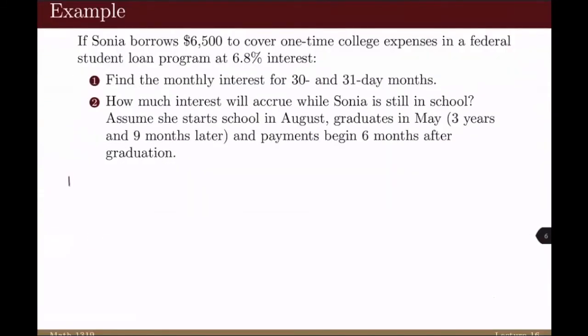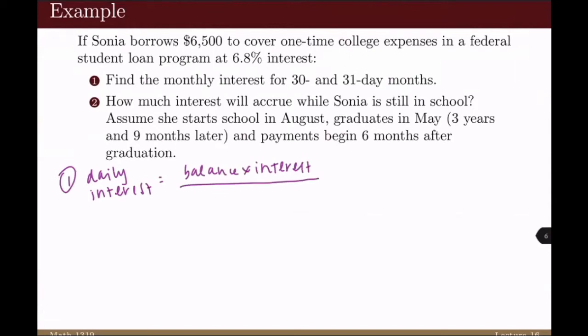All right, so for number one, we will have daily interest equals balance times interest divided by 365.25, which is going to equal 6,500 times 0.068 divided by 365.25,